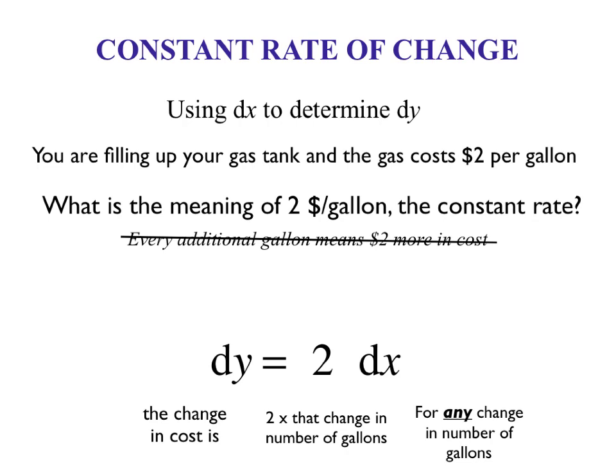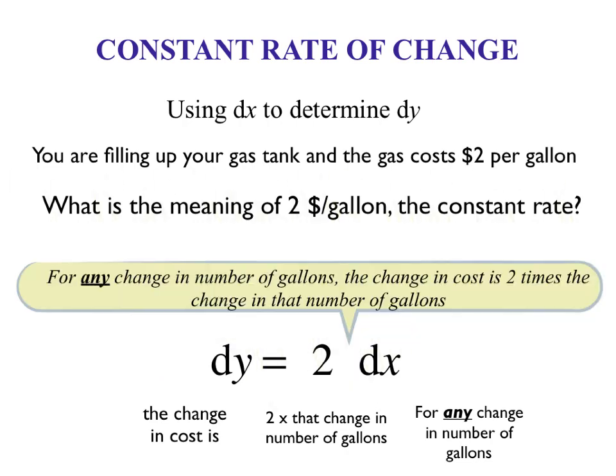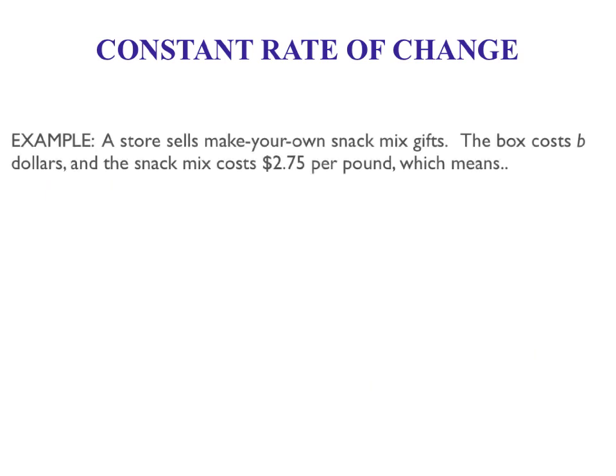So reviewing constant rate of change here. Again, for any change in number of gallons, change in cost is 2 times that change in number of gallons. Okay, so a store sells make your own snack mix gifts. The box costs $B. The snack mix costs $2.75 per pound, which means,